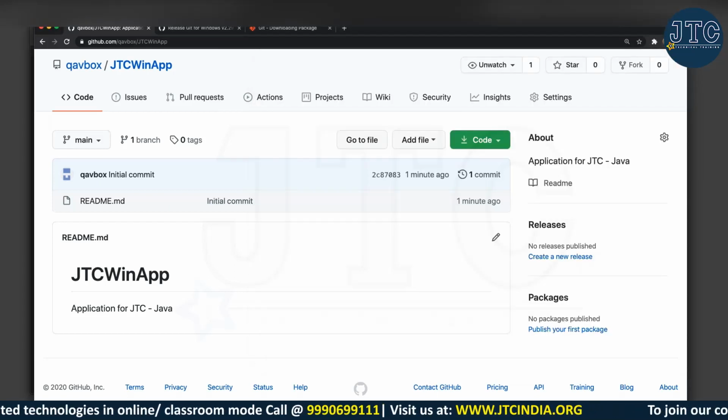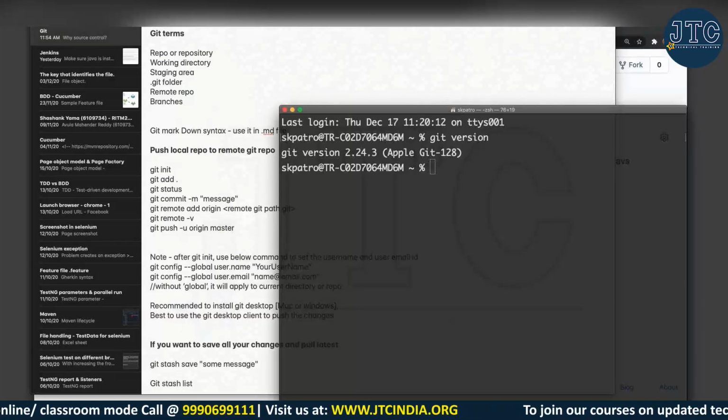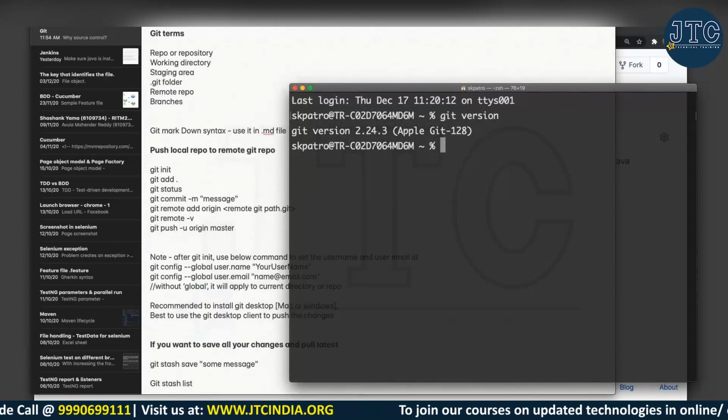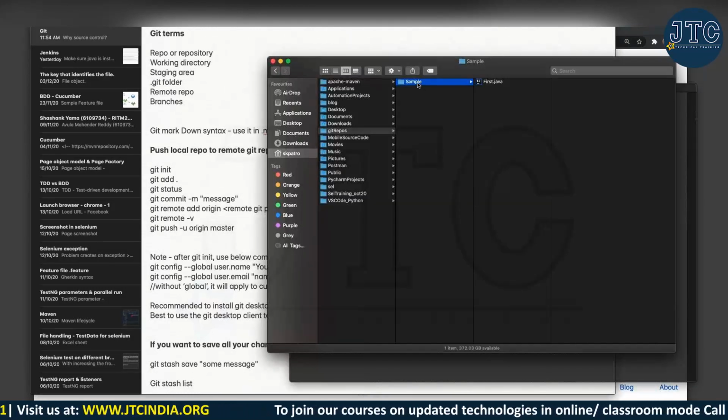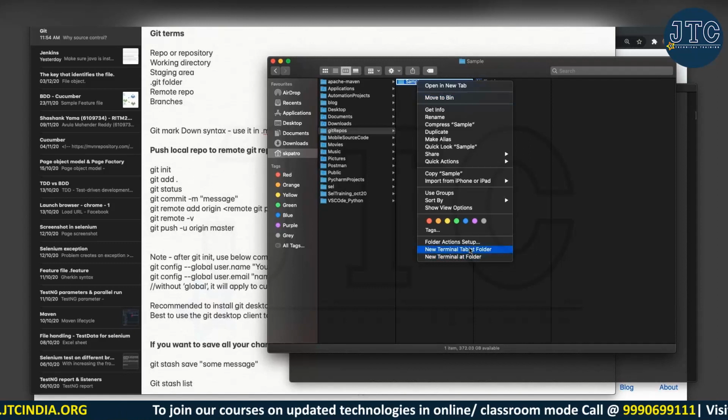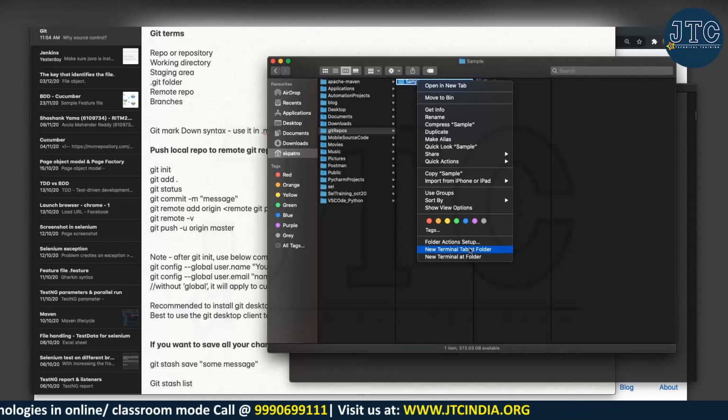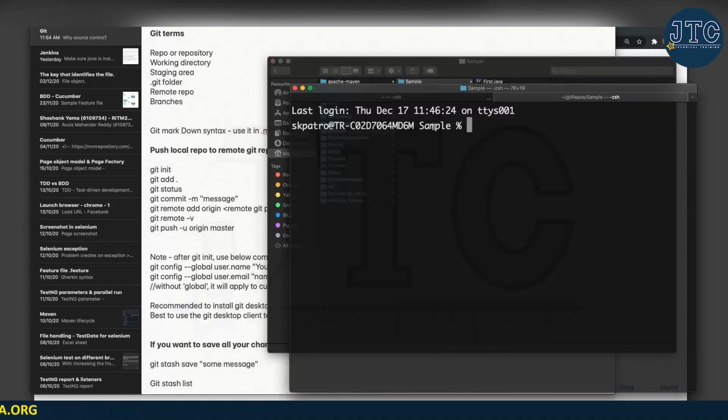Okay, fine. Now let's see this one and then open it here. Let's go to that particular project folder in the command prompt. So what you can do, if you are using Windows, you have one option, right? In the address bar above, just type cmd, then you will be directly navigating to that project directory. If in Mac, if you right click on that, you will get it. And you can see sample is my folder, right? Under that folder I have the project.